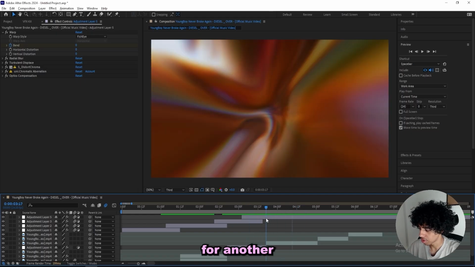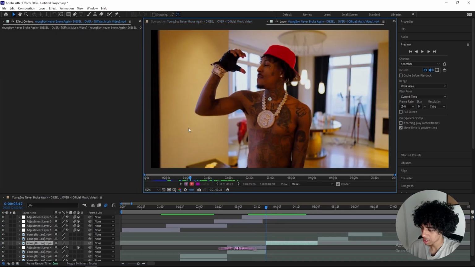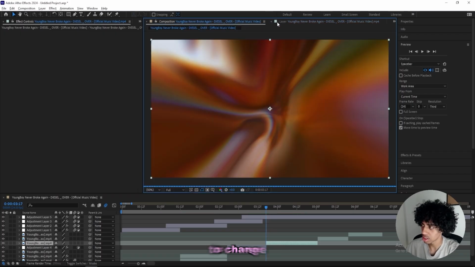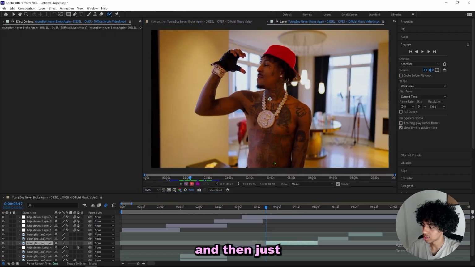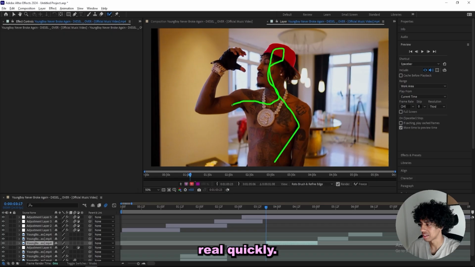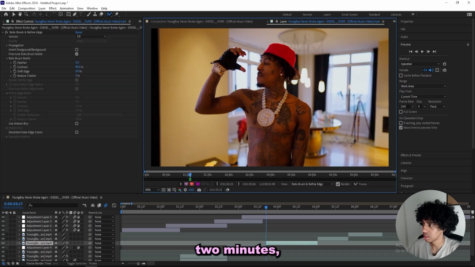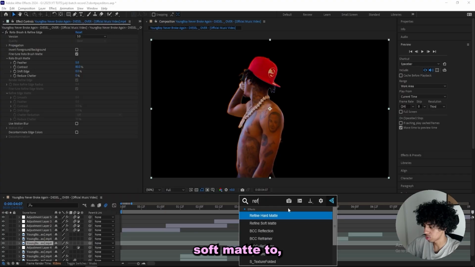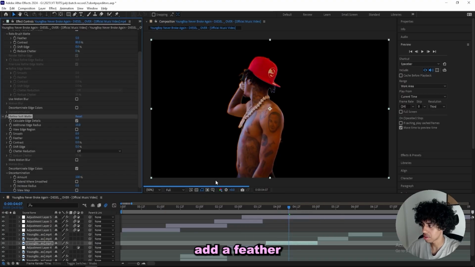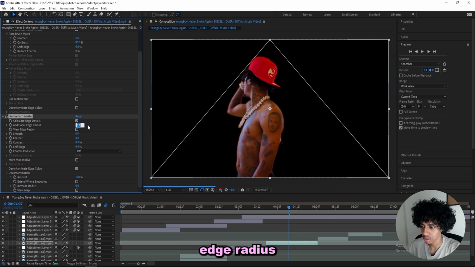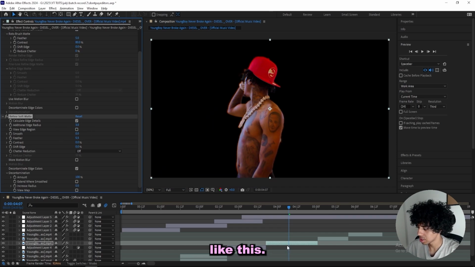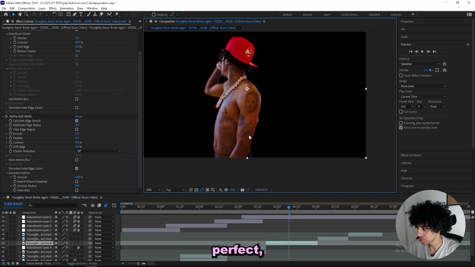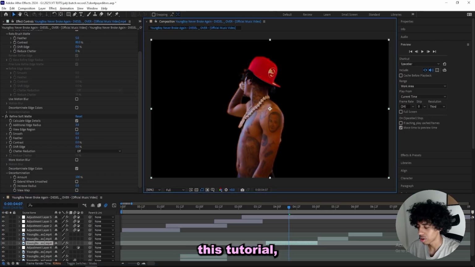And we could go for another of the roto effects. So I'll start masking out my subject. I just gotta change the quality to full and then just mask him out real quickly. Like this doesn't take more than 2 minutes. So now that my subject is masked out, of course I'll add on a refine soft matte to kind of add a feather and make my mask a little bit smoother. So I'll turn down the additional edge radius once again to 3 and bump up the feather to something like this. Now my mask isn't perfect as you can see, but for the sake of this tutorial,